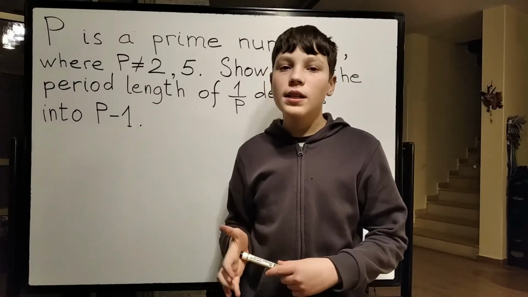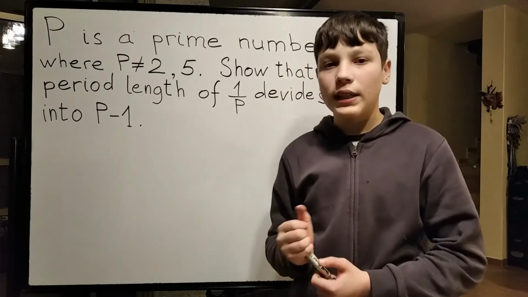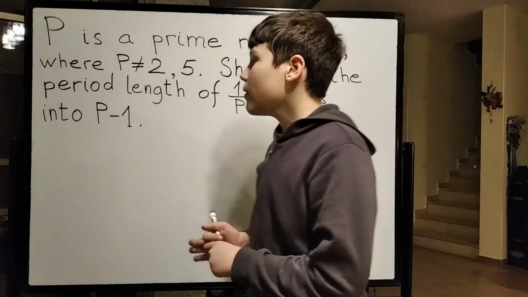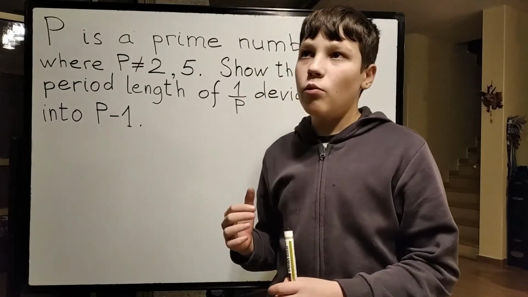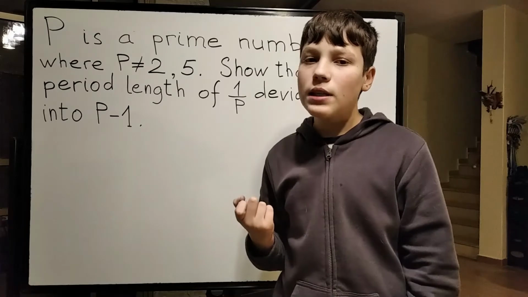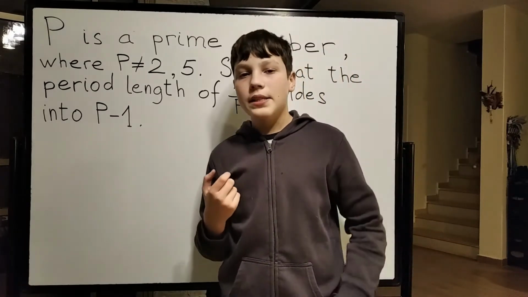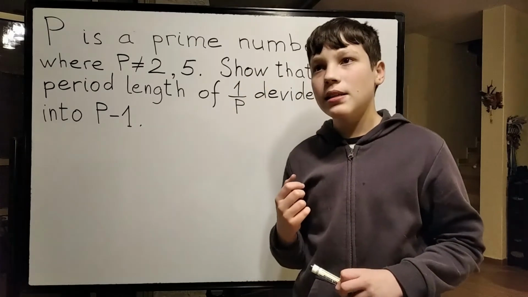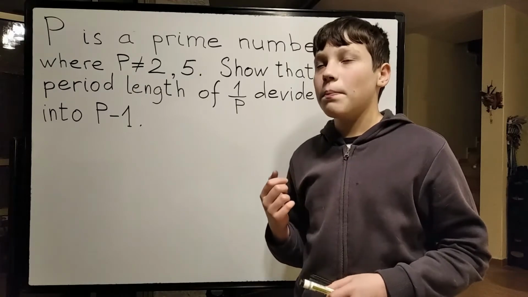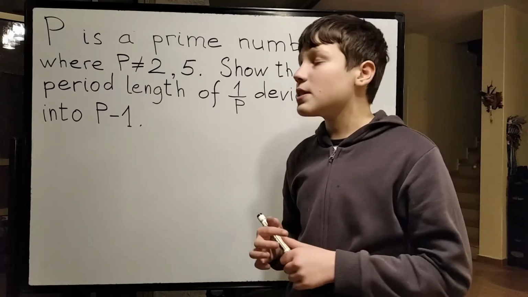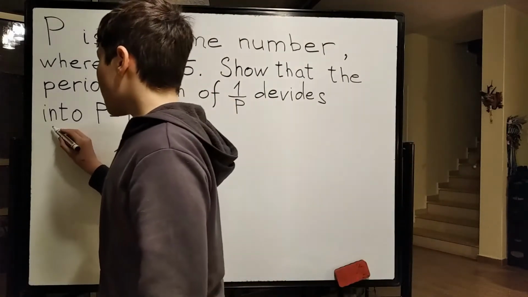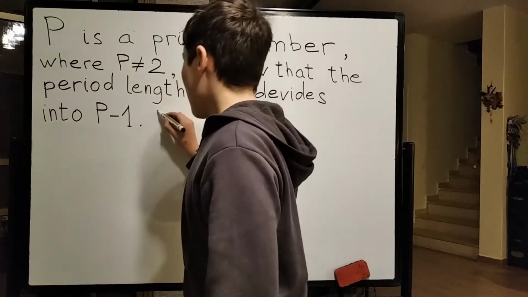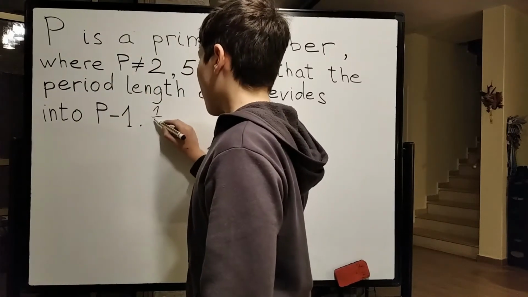So first of all, let's look at the definition of a period length. Period length is essentially, when you look at the expansion of fractions, how many digits it takes until it repeats. The smallest number of digits until it repeats. So for example, we have 1 over 3,